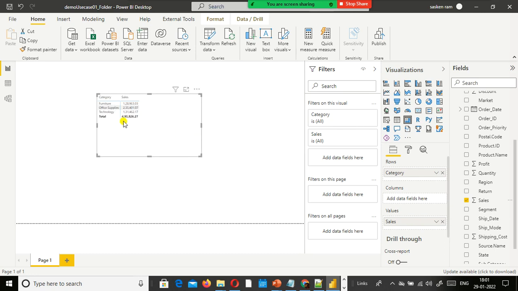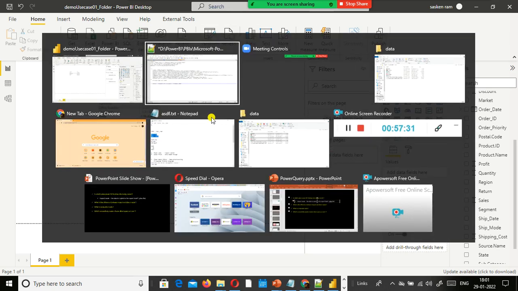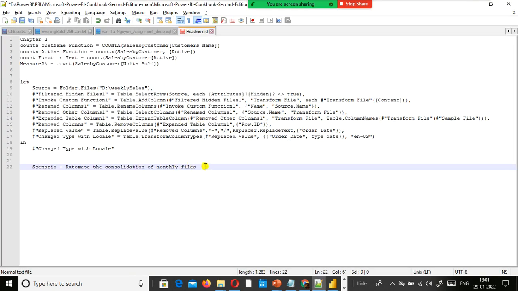Here we have something like 495k, right? So 495k, let it be there. Okay. So the automatic consolidation has been done. Automatic in the sense that we combine them just by specifying the folder name. We did not load the files individually. Fine. So this is the one we did.